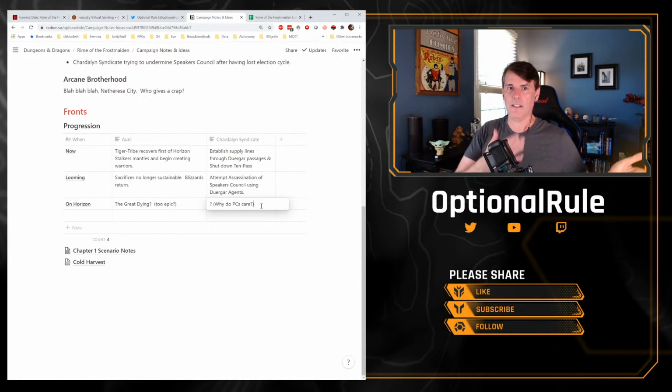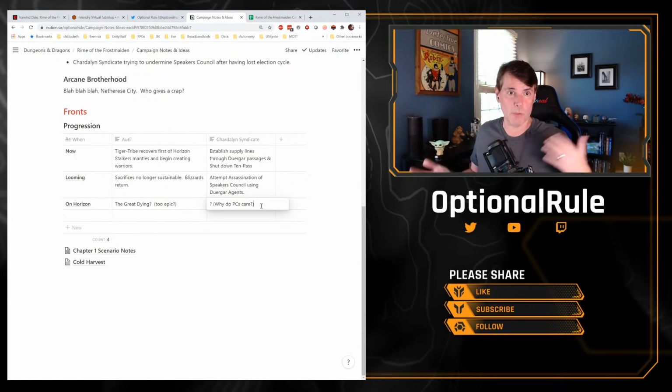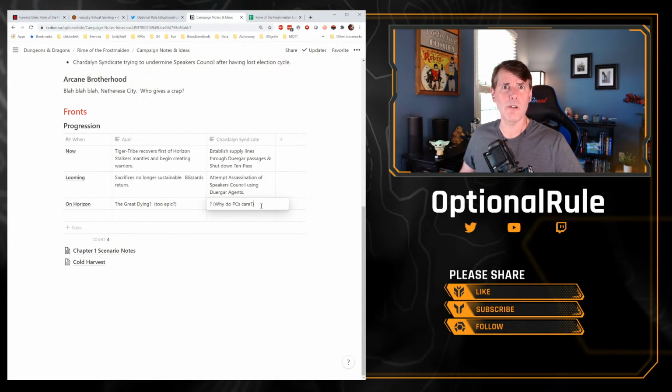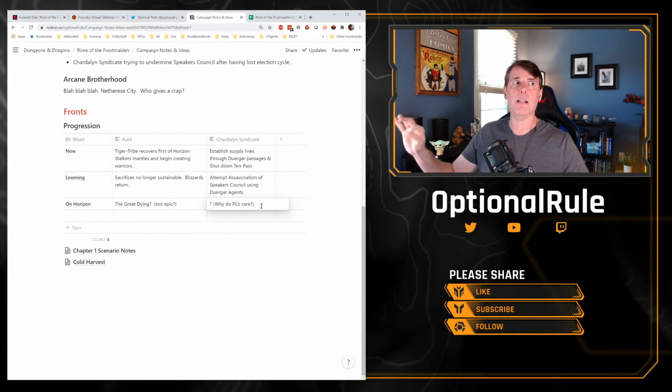So back to this. Why do the players care about both the Charlatan Syndicate and how do I express the Orreal? Even the Orreal thing, why don't they just go, I don't care, I'm leaving, good luck, so long, suckers, and leave? A lot of the module, even as written, depends a lot, and this is an increasing point of view in a lot of the material presented by Wizards of the Coast,